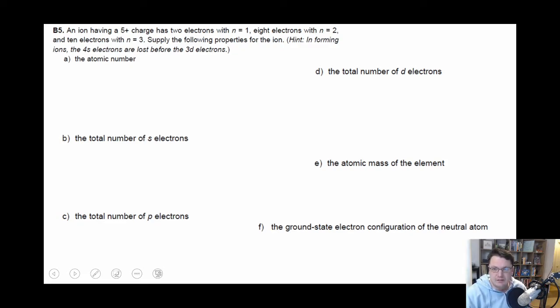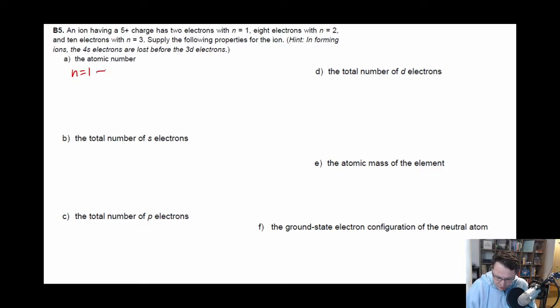B5 is a problem that goes through essentially trying to figure out what element you have based off of a bunch of criteria. In this case, what I'm asking is, you have an ion, it has a 5+ charge. And so, in terms of the configuration, we know that